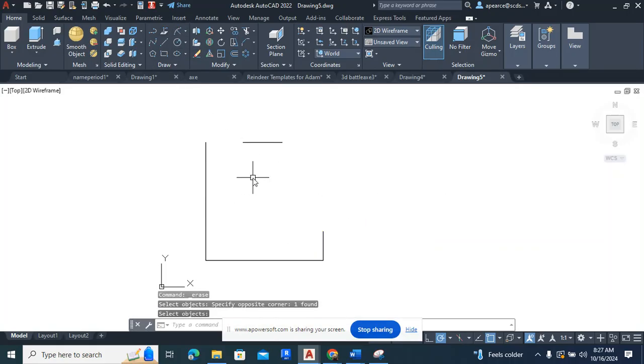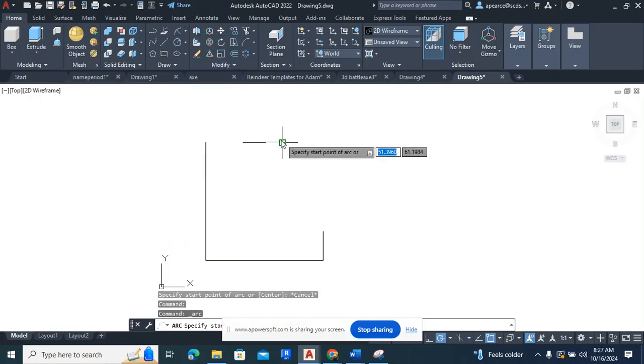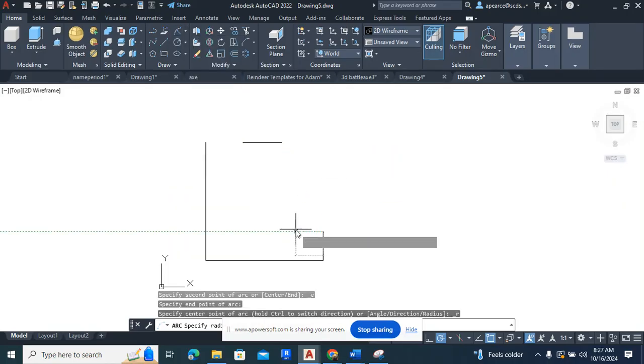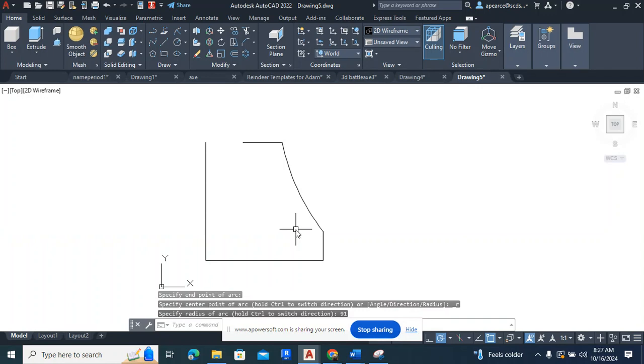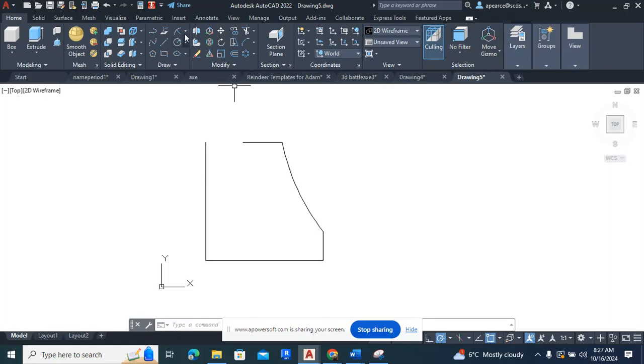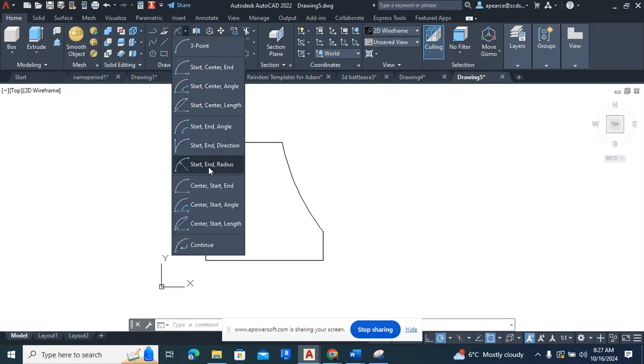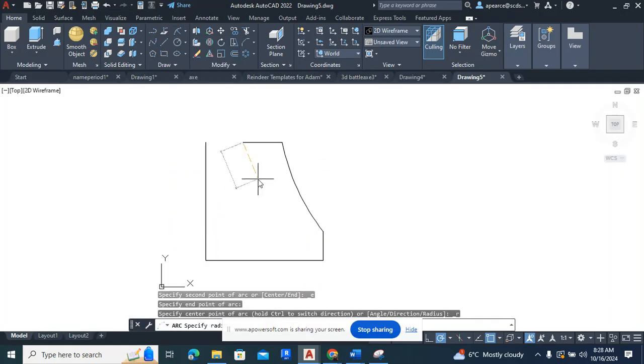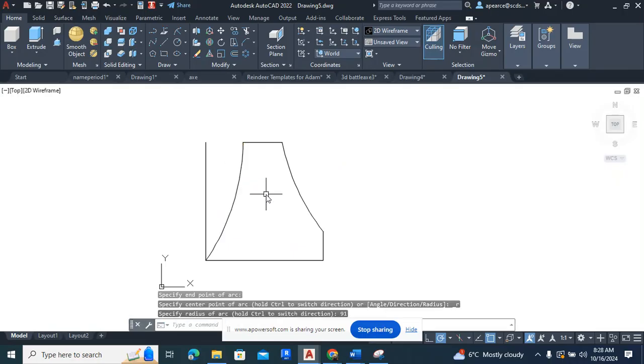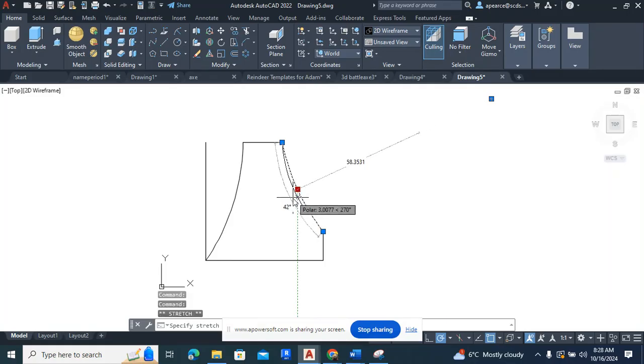Do I have 91 on that one? 91? So let me try that. Here to here, 91. There we go. I don't like that though. It's not bent very much, is it? It's for the other side. Let me try the other side, see if it looks better. Here to here, 91. That looks right. This one, I could either redraw it, or if I click there, I can just bend